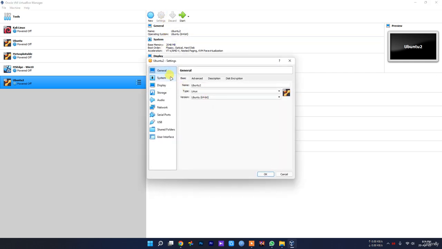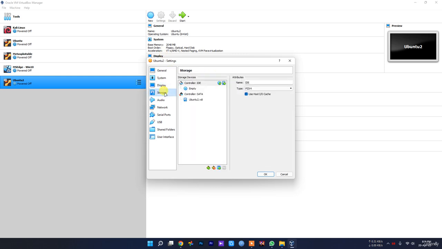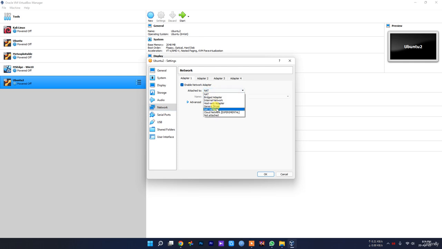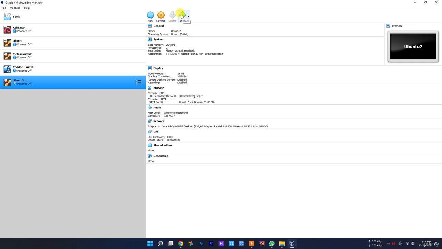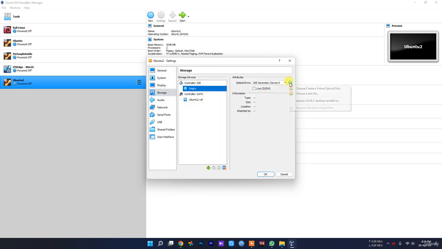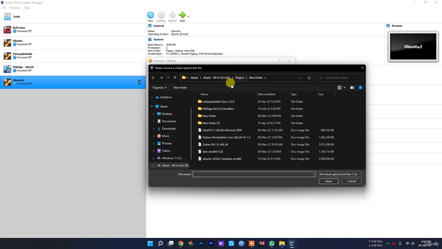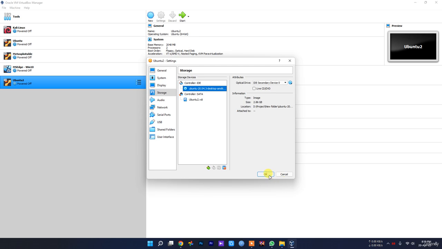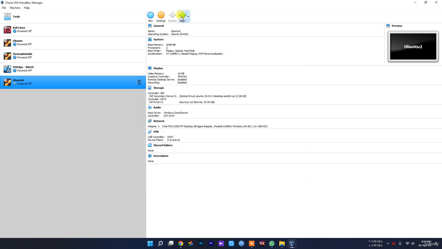So let me first go through all of those settings. Make sure you change all of those settings first, before the install process, because it's better. Then you choose network as bridged network as previously, and just press OK. So let's select storage, choose a disk image, and choose the disk image that you downloaded, which is Ubuntu. Select this, press OK, and you are done. Press start,